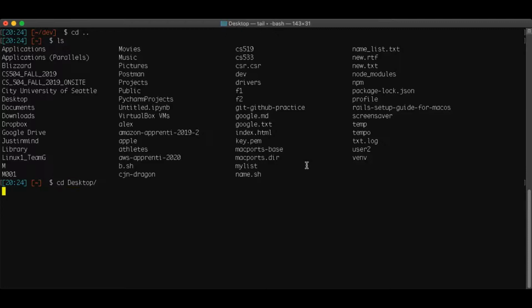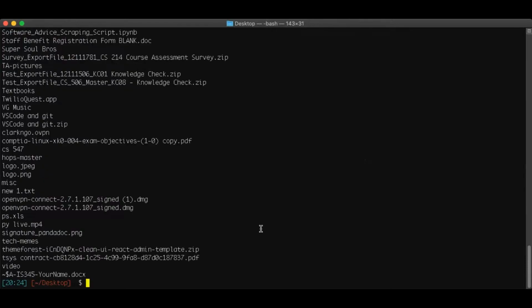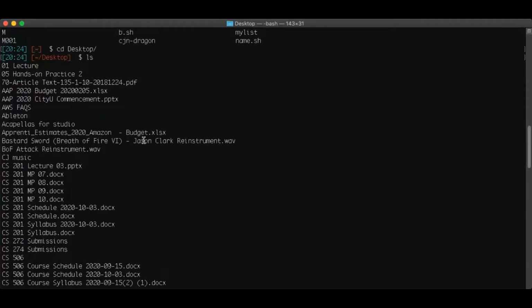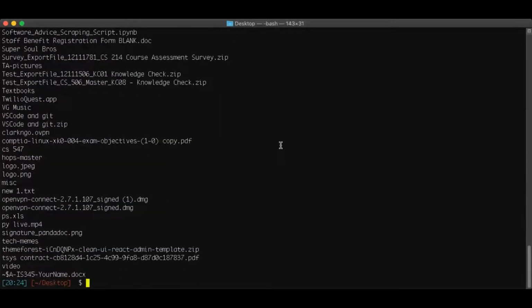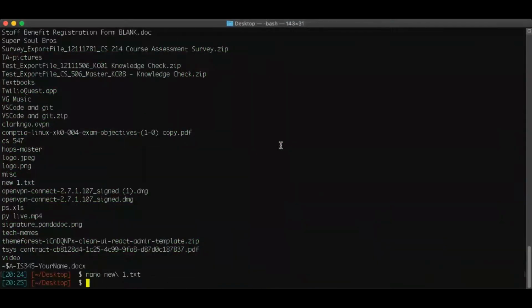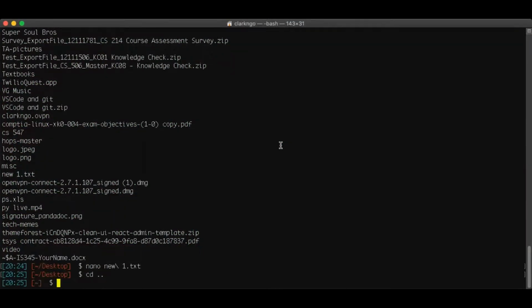So if I want to access the things on my desktop, I can go to desktop and allow that for now, and do an ls, meaning list everything, and I can see all the stuff on my desktop as well. And I can quickly open up some of the files. For example, I have this new text. I can check on it, make some edits, close it out. I can basically do version control or deployment of apps. Everything you can do with a graphical user interface, you are able to do in a command line interface.